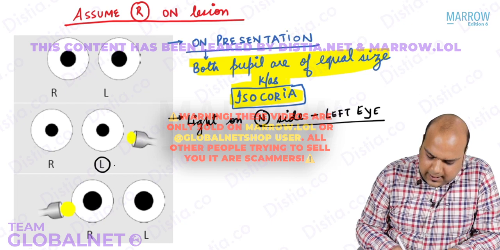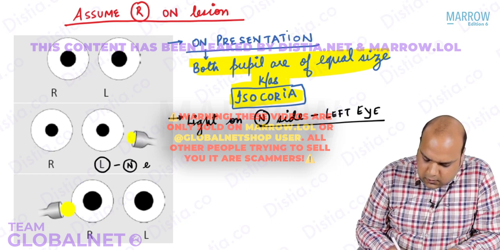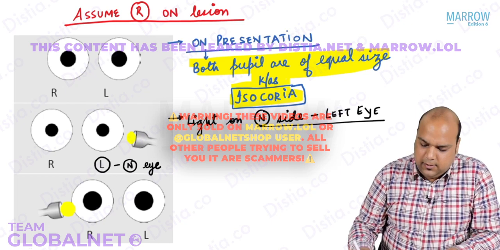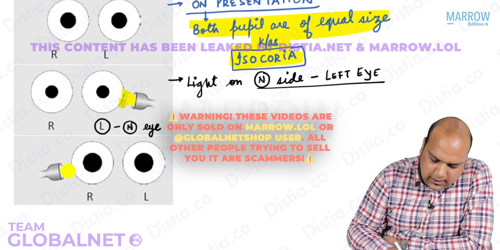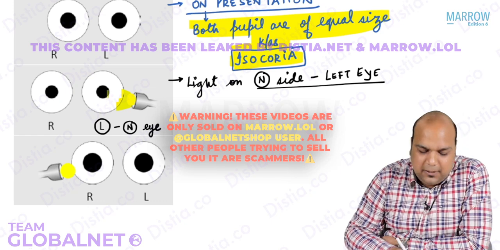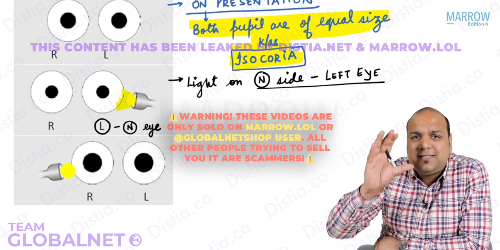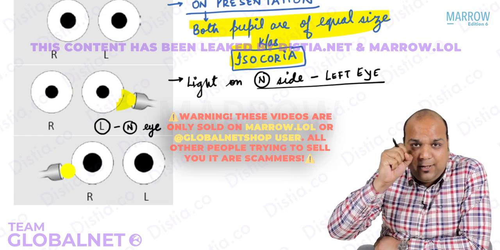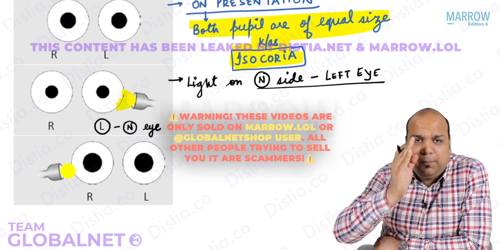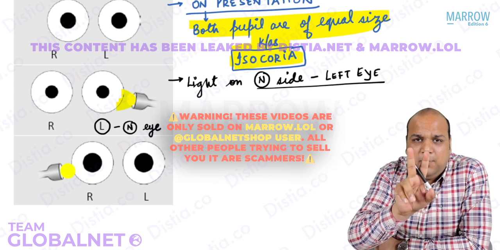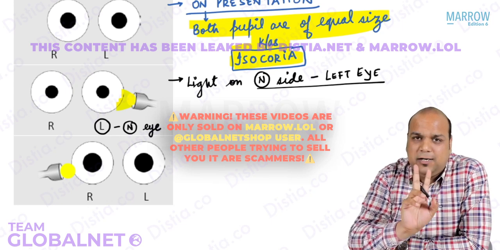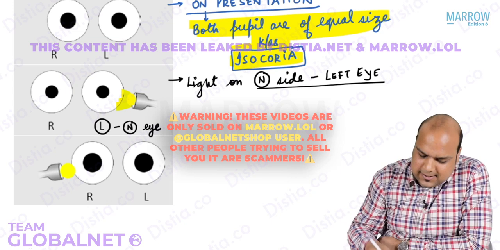So our left eye is the normal eye. Now, as soon as we have thrown a torchlight, everybody, you can see on the left eye, what do we see? That both the pupils have constricted further due to light on left eye. Again, the same pathway: left optic nerve, left optic chiasma, left optic tract, left pretectal nucleus, both Edinger-Westphal, both oculomotor, both ciliary, both short ciliary nerve,